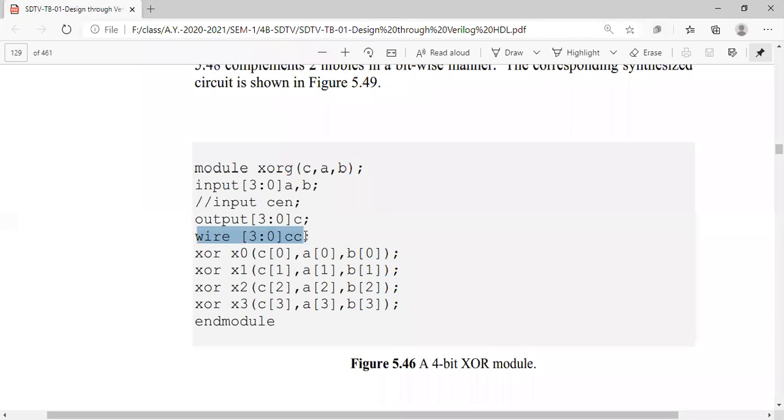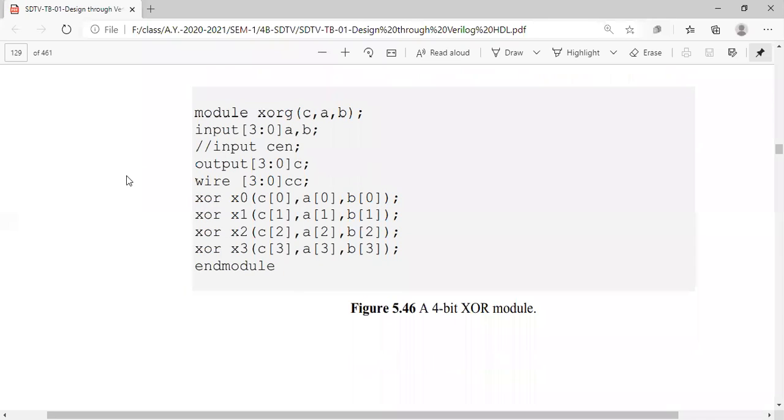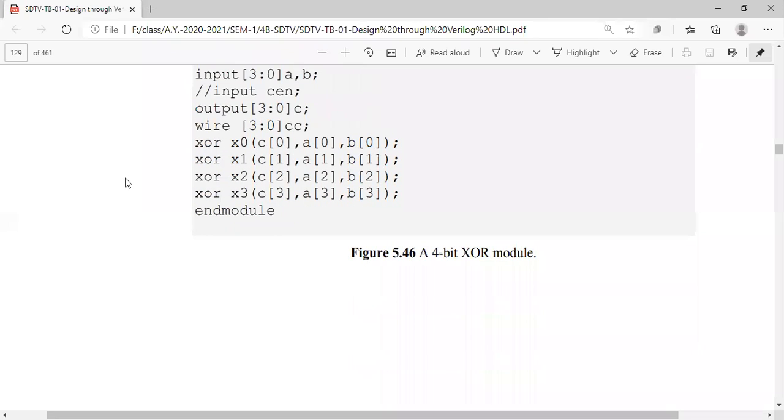This is not necessary for us here, and this is also not necessary. Directly we can do this XOR operation. Just we are calling with the temporary names also here. In the previous one we have not called with the temporary names. It is also possible. Okay, you know how to perform that.